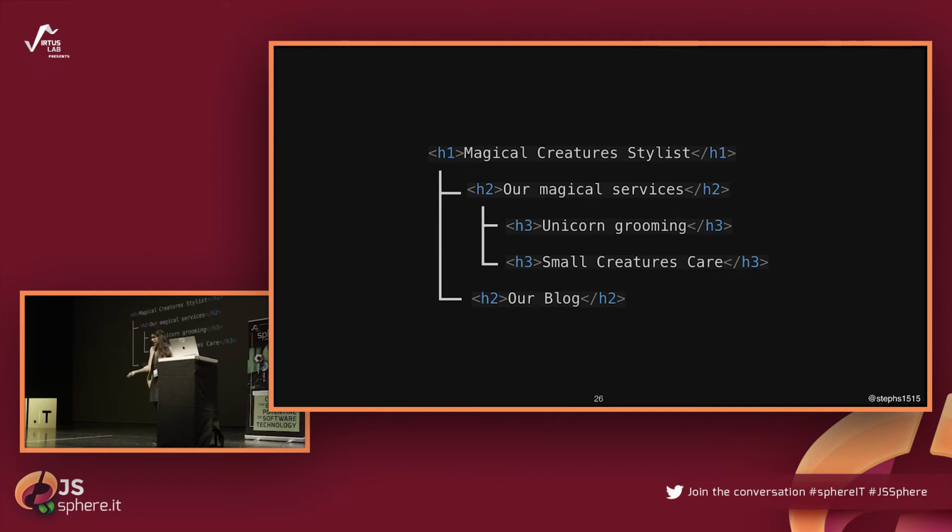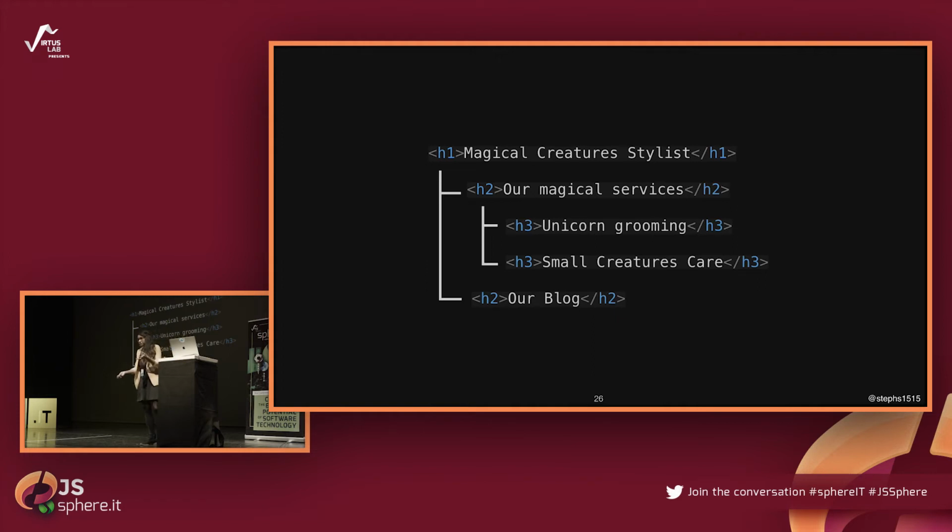So if we don't have headings, or they are just weirdly organized, then people get lost. Or they try to use something else like a links menu, or they just try to find something else, but the thing is that it gets more and more difficult. So one way that we can do it is by having an H1. Every page should at least have one H1 with the title of the page. And then you can have H2, H2, H3, and so on.